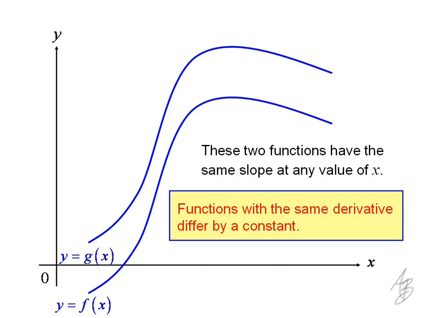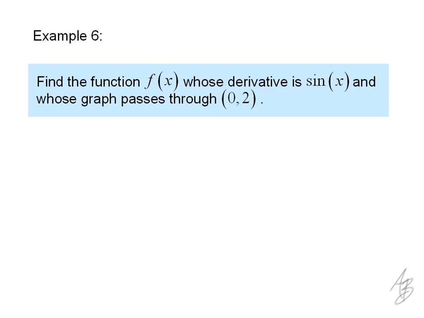So the idea here is when we take the derivative of two different functions that differ just by a constant, their derivatives are going to be the same. All right, so when we do antiderivatives, we are going to have to take that into account. We're going to use a variable, a c, to represent that. So